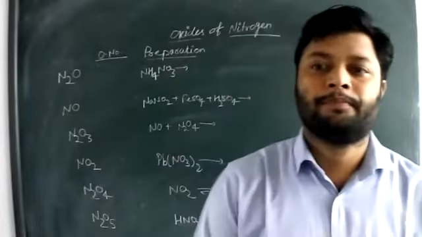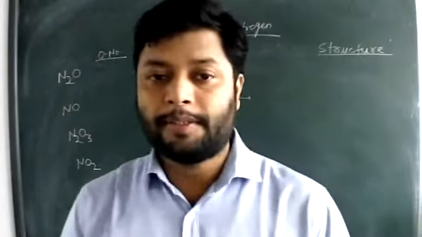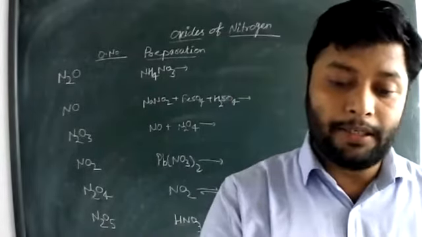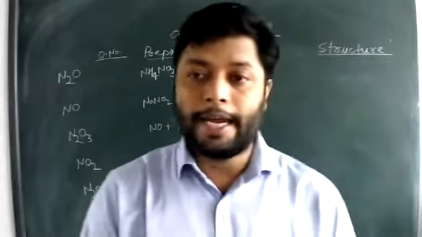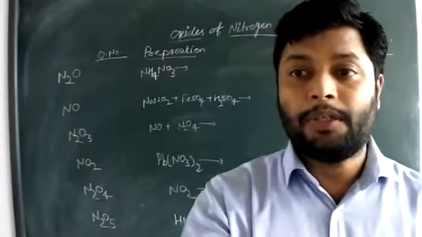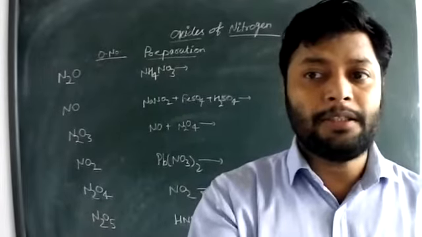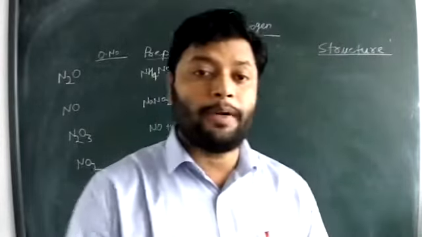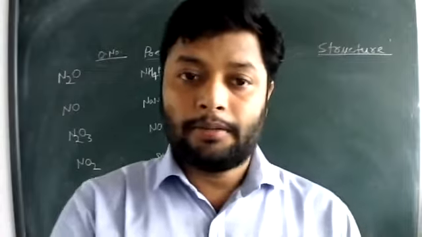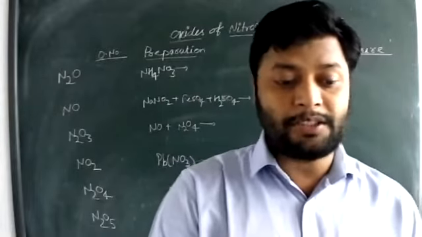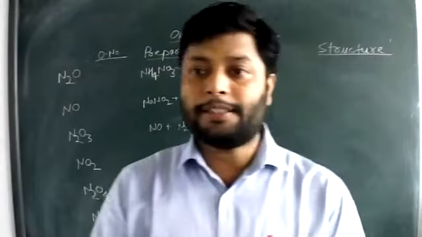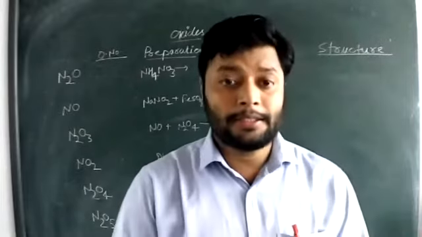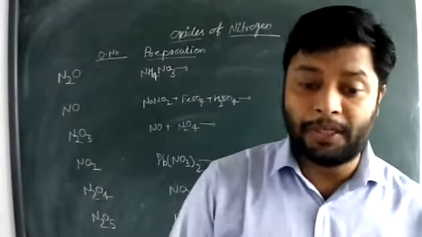So, hello class. Let's discuss a new topic of the chapter. This topic belongs to NCERT Table 7.3 and 7.4, which include the oxides of nitrogen with their preparation and some physical properties, and Table 7.4 contains the resonating structures and Lewis dot structures. You can see the resonating structures are given there. This table is not really important, but some of the points in the table are important.